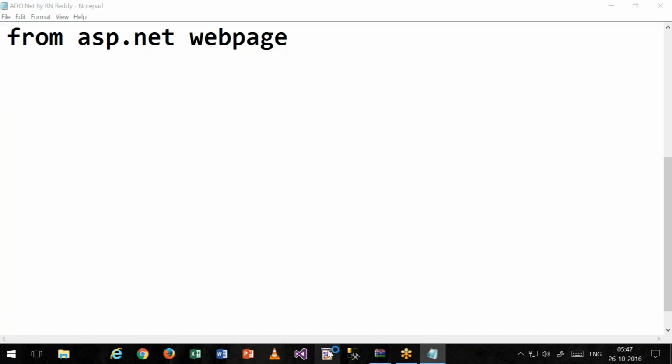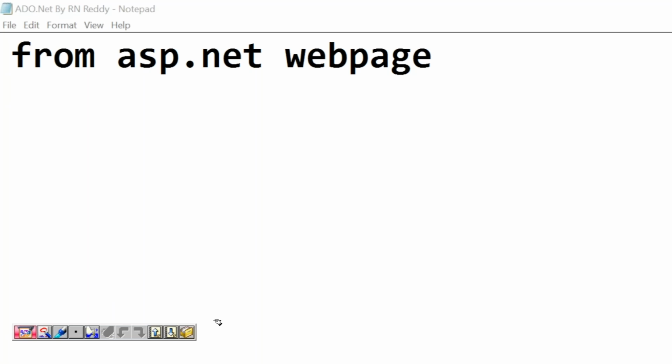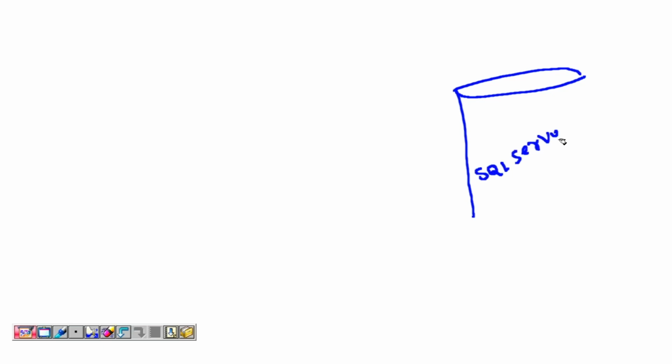You can observe the SQL data source control acting like a mediator between the SQL server database